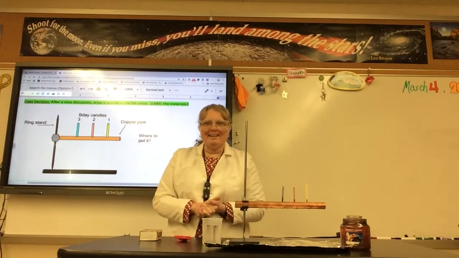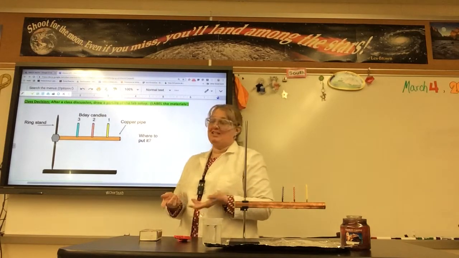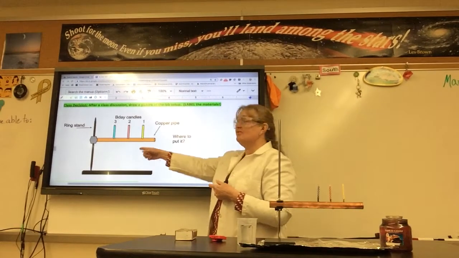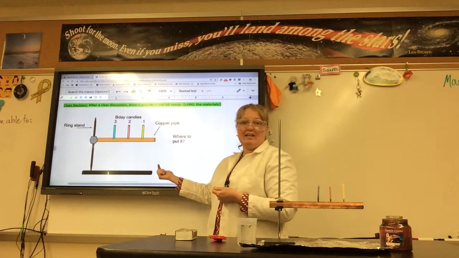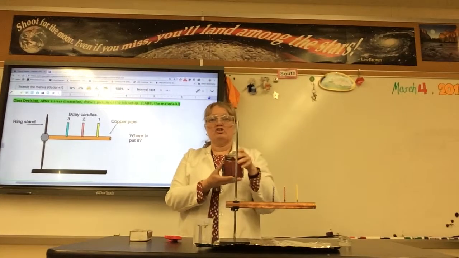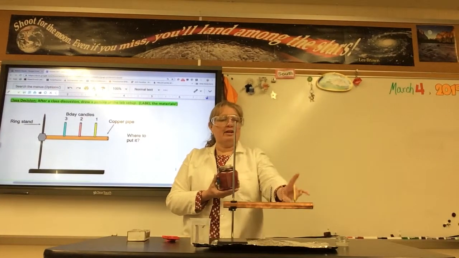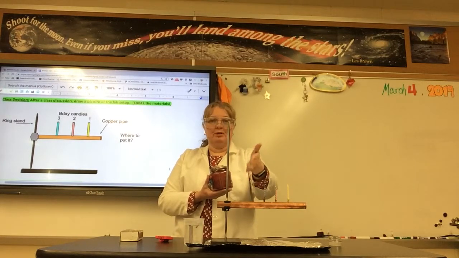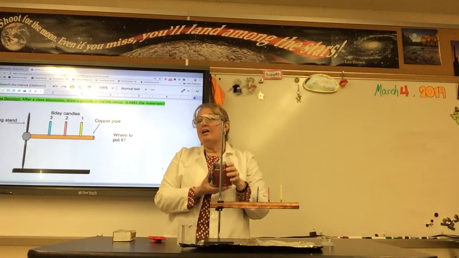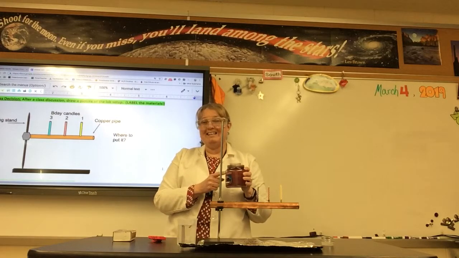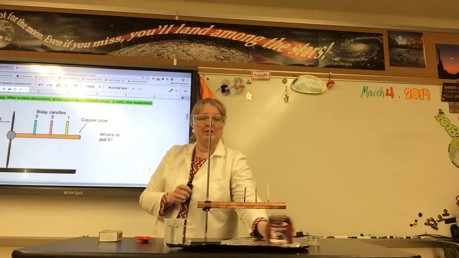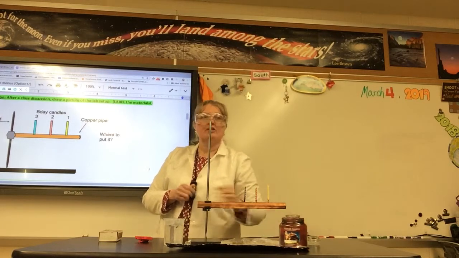All right, so we're back. So hopefully you have made a decision. You have your drawing in the brainstorming section, and you've decided where you want to put the large candle so that the birthday candles will fall off in order: yellow, then red, then blue. And remember, we can't actually put the heat on the candles. So you needed to decide where you wanted to put it underneath the rod so that they would fall off